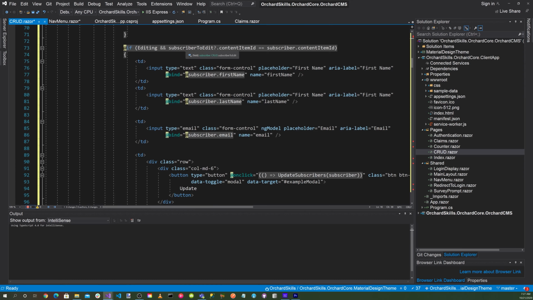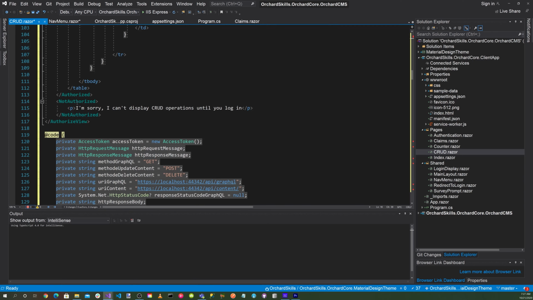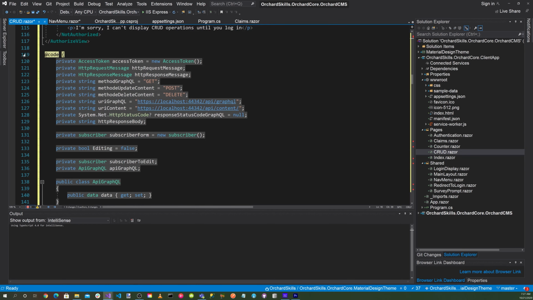And then if we're editing, this will be for a modification. If editing and subscriber edit, then we'll display this row and specify a bind to the first name, last name, and email for our update. And then if a person is not authorized, then we'll display the message, I'm sorry, I can't display CRUD operations until you log in. And then down in the code section here,